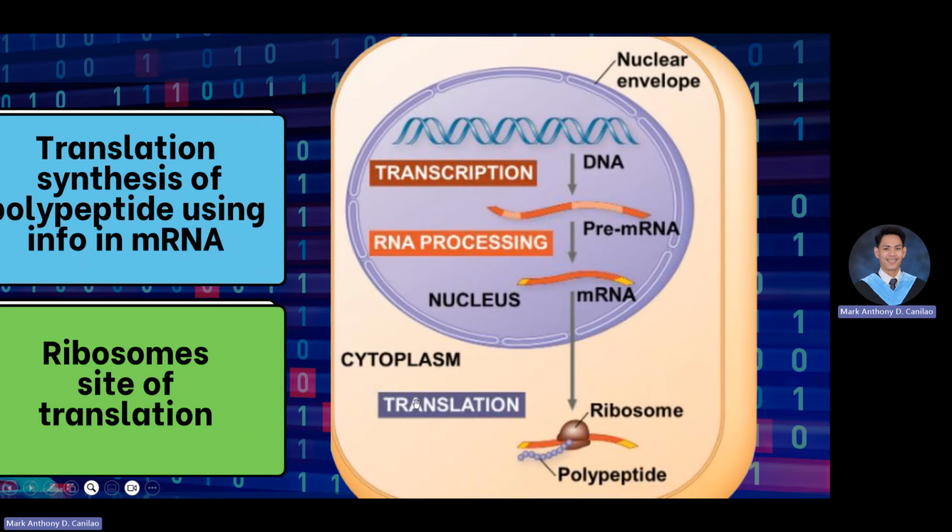Now, in the cytoplasm, we have an mRNA that is ready for translation. Translation is the process wherein the mRNA, or messenger RNA, is read by the ribosome, and in the whole process, with the help of mRNA, tRNA, and rRNA, a polypeptide chain is formed, and we can now produce a protein when it folds. So that is the whole process. The video that I will be showing you later shows the transcription process.